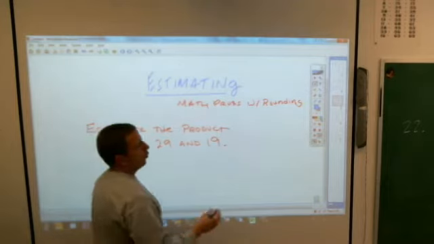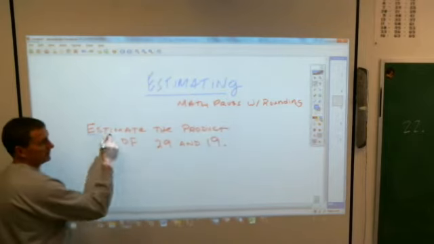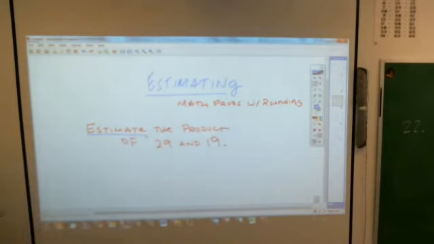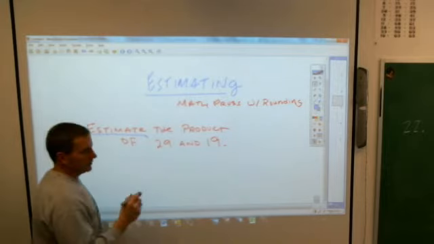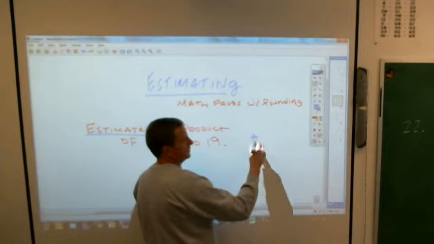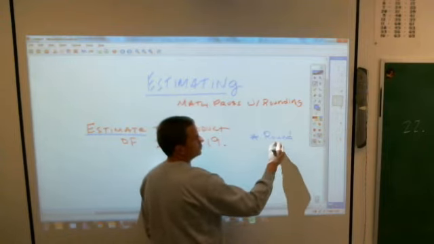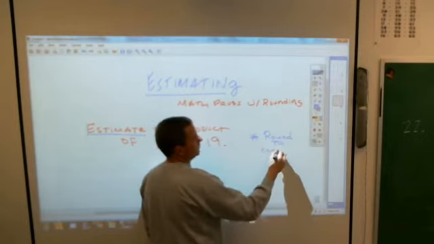If you're asked to estimate, basically they're saying you want to get as close as you can to the actual answer while doing as little work as possible. And here is where people go wrong. Write this down in a big star. When they ask you to do this, you want to do what the book calls round to compatible